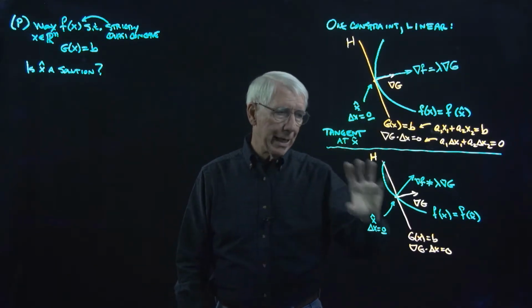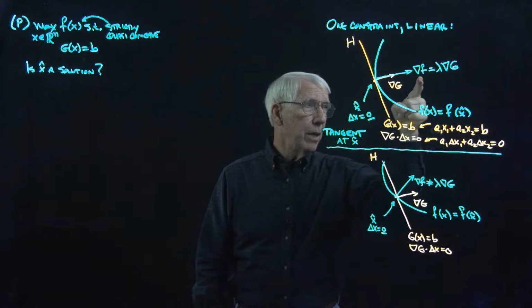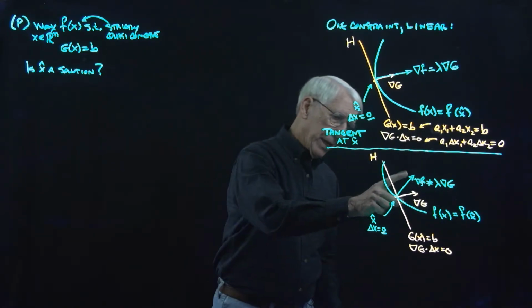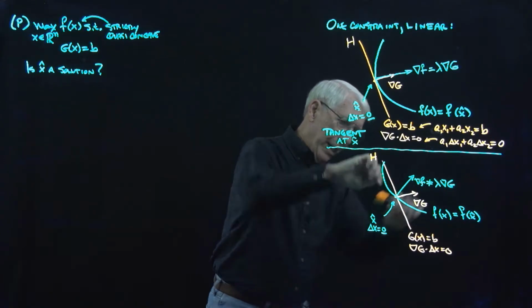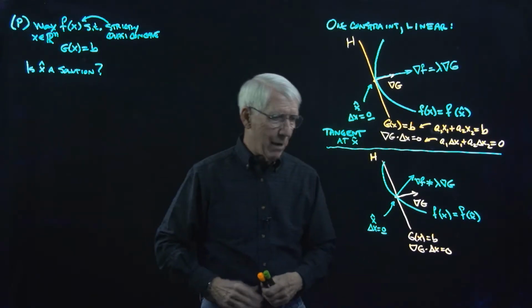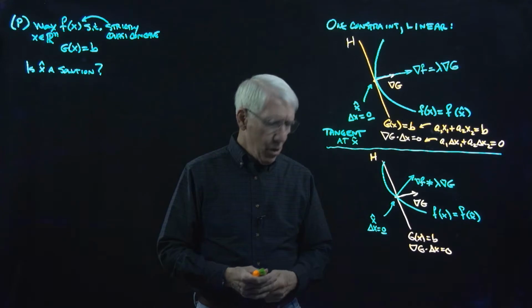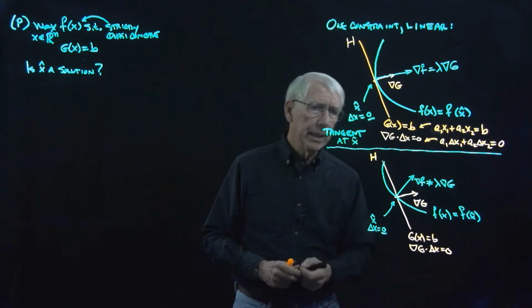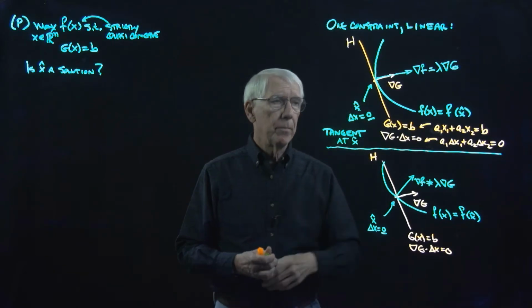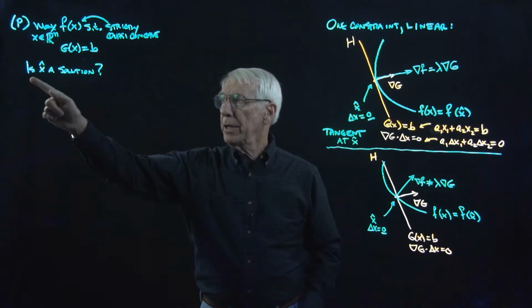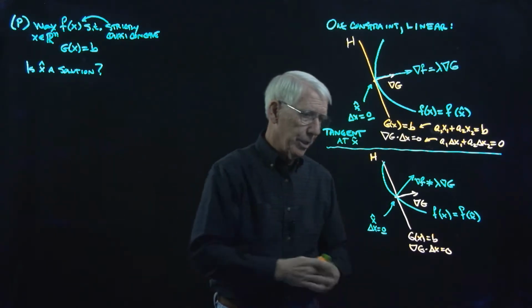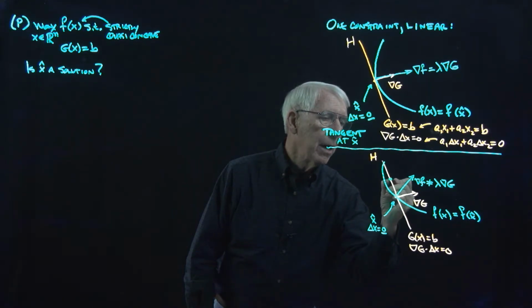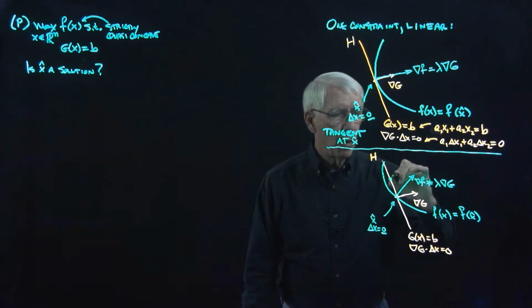I just wanted to get a picture where instead of these being equal, they're unequal. And of course, I could have done it so that the gradient was pointing this way. I would have rotated the level curve a little that way. So now we can indeed see that here, unlike the first picture, it's no longer the case that x hat is a solution, because now I have a point here, and I will call that point